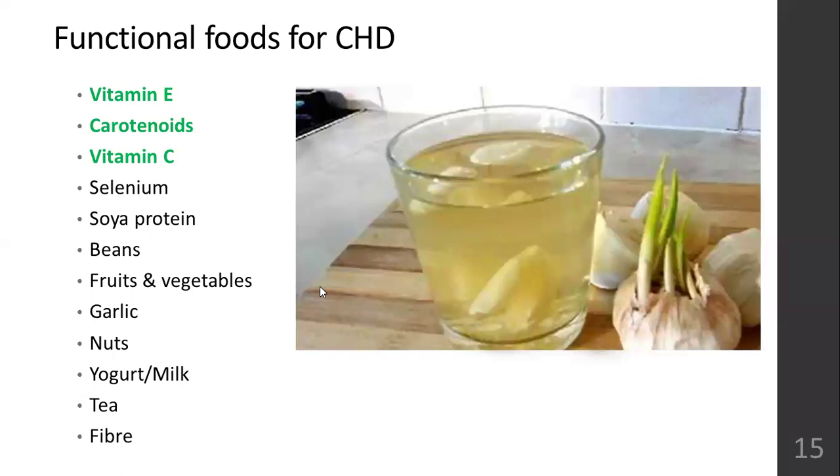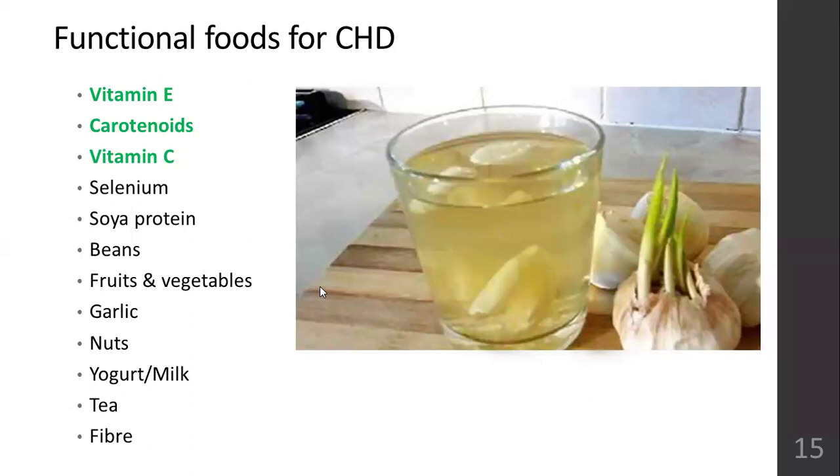If you have done your blood lipid profile test and are diagnosed with borderline, you have to be careful. You can start having this garlic water. Just smash 1 or 2 cloves of garlic, and pour hot water into it. Let it sit for 5-10 minutes for the hot water to become lukewarm or at room temperature. Then drink this water early in the morning on an empty stomach. This garlic water can bring down the cholesterol levels.